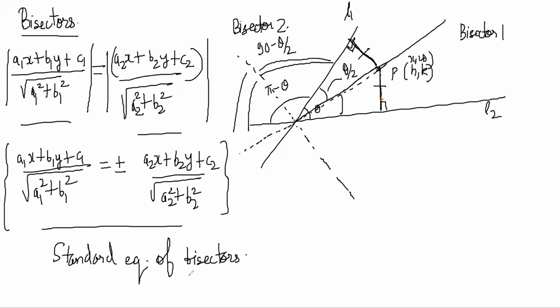So a question could be: find the equation of the acute angle bisector. There are two lines and they make 60 degrees here and 120 degrees here. You have to find this bisector, not the other one. Anyway, you can write plus minus directly, but then you have to decide whether the plus one will be this one or the minus one will be this one, right? Make sense? So for that, don't do what Sloane is doing here. Sloane has found a method to do it, but it is a little confusing. People get confused in this a lot and make mistakes.